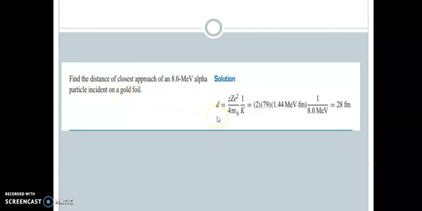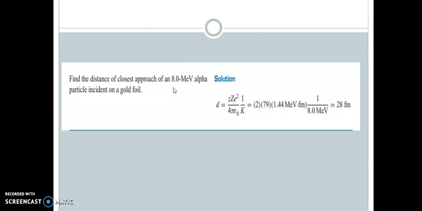So we know that the expression for the distance of closest approach is given by Ze square by 4 pi epsilon 0 1 over k. Here a simple formula is used where Ze square by 4 pi epsilon 0 is written in million electron volt femtometer. Okay, you can do this in another method also. You can convert this